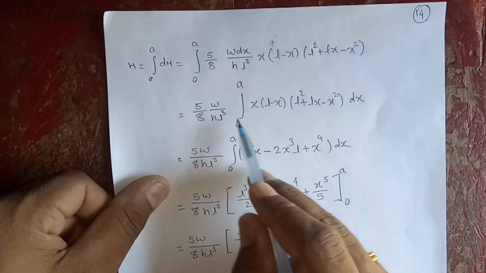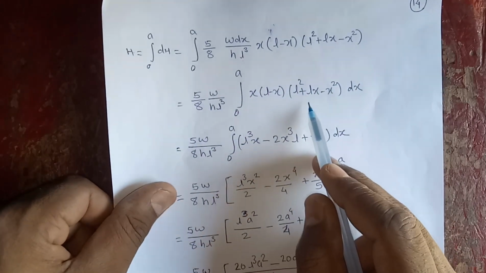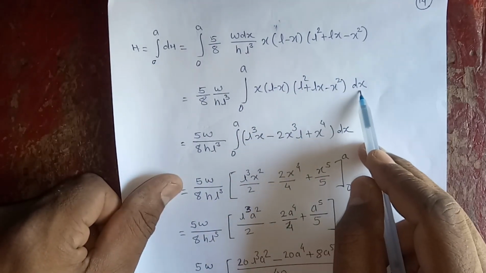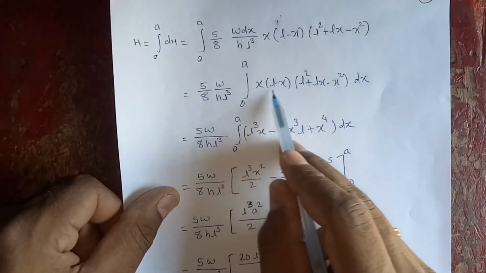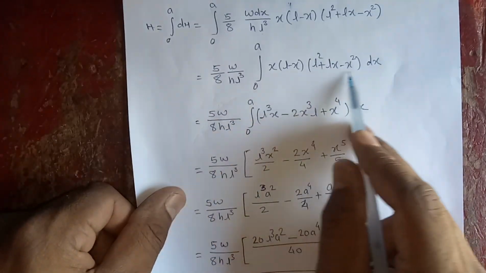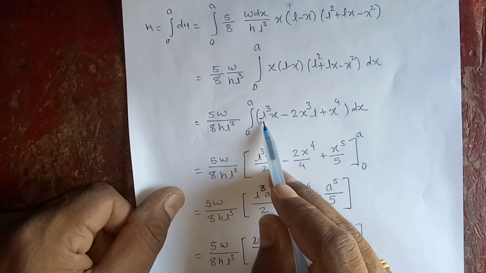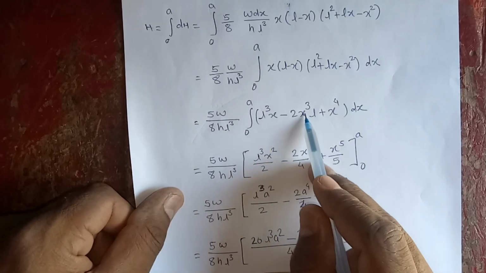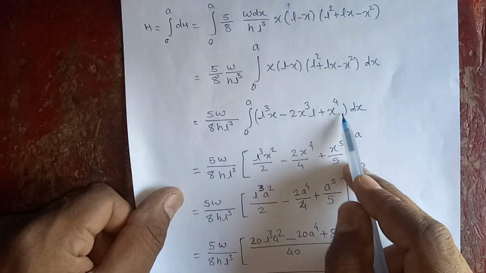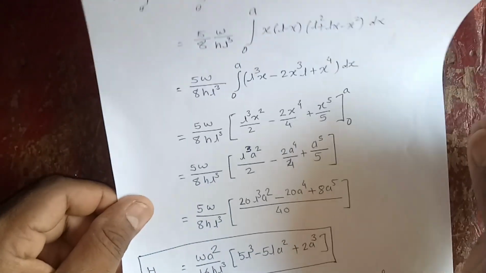So we have taken them out, and this is the integrand we have. So we have to integrate with respect to dx. No doubt you expand this, and if you expand, then what we'll get is L cube x minus 2 x cube L plus x raised to 4 dx. So if you integrate this,